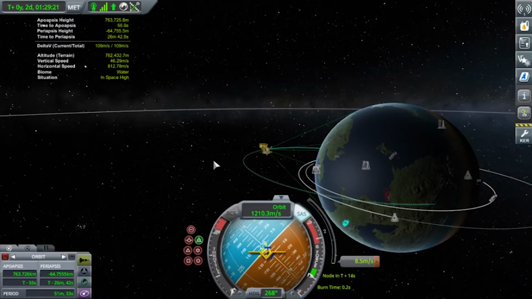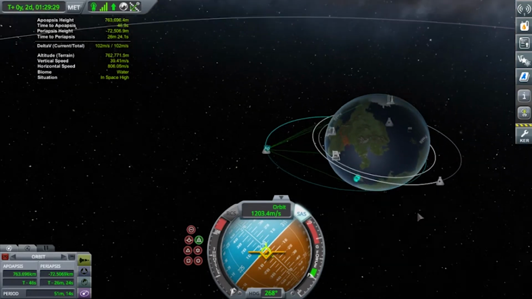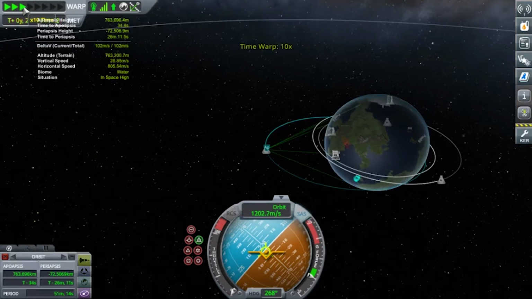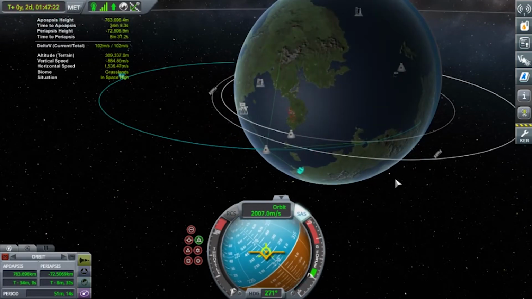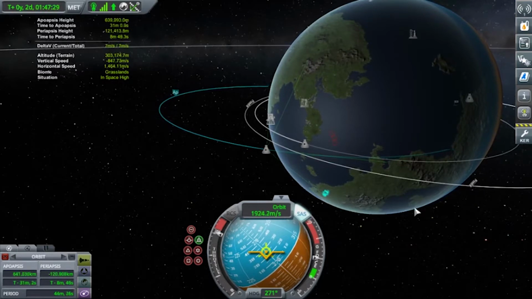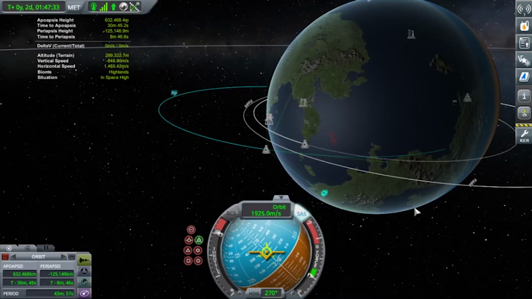And the thing is, Kerbin is rotating, and so where it shows that we're going to land isn't exactly where it's going to land, because you'll see as time moves by, we're just going to use up the rest of our fuel just to slow ourselves down a little bit more,